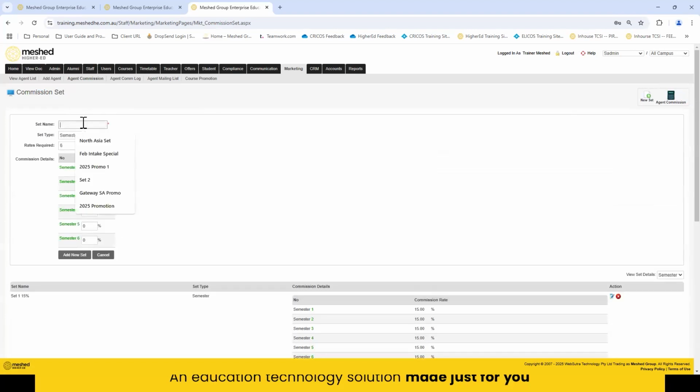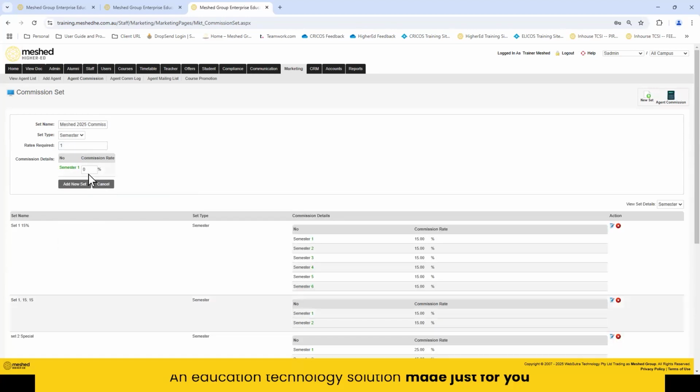Say for example, I'm going to call it mesh 2025 commission. Okay, so I'm going to select semesters. Over here is the number of semesters that you want to set up. It could be one, and notice how it will change, or it could be 2, 3, 4. So say if I'm going to do just 4 semesters,